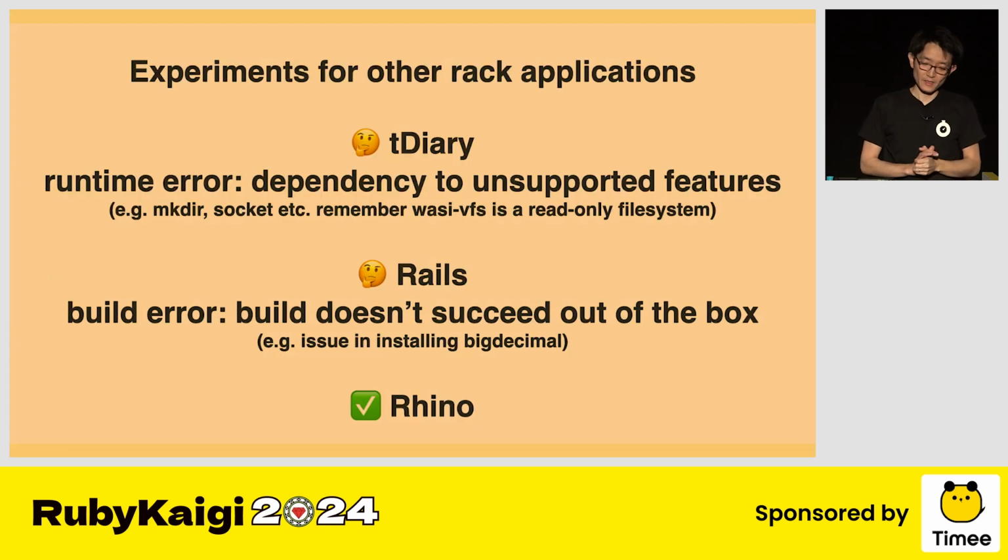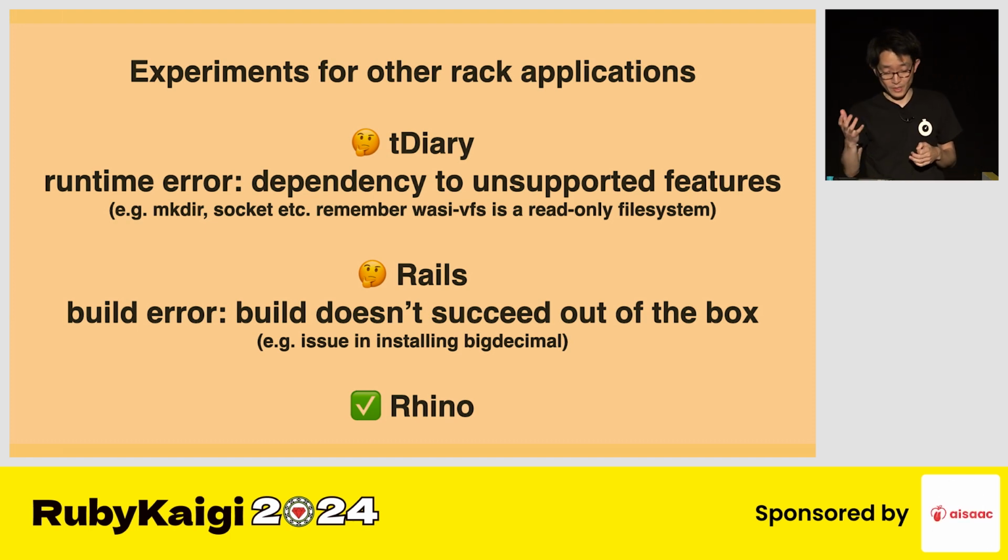And then other than that, the Sinatra application somehow works. And what about other Rack applications? For example, T-Diary, maybe it could be working. Actually, the build was successful, but when I tried to boot it, there was a runtime error, which is saying,